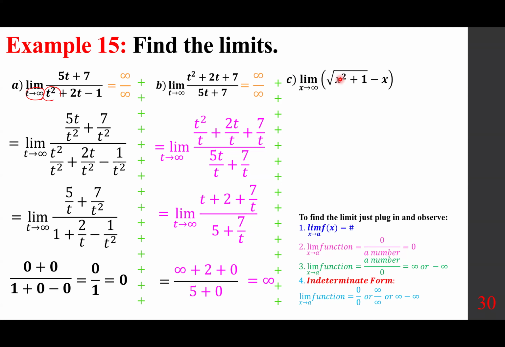If you plug in, you get infinity squared plus 1, which is infinity, and the square root of that is infinity, so you get infinity minus infinity. So the technique, when you have a square root, is to multiply and divide by the conjugate. As you recall, the conjugate of a minus b is a plus b, therefore the product is a squared minus b squared. So you're going to multiply by the same thing plus x and divide by x. Remember, this expression is 1, so that's okay. So when you multiply,